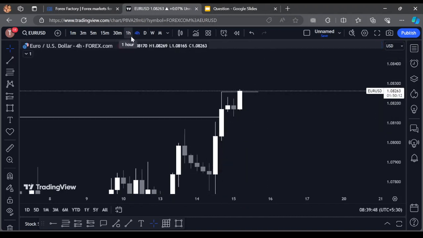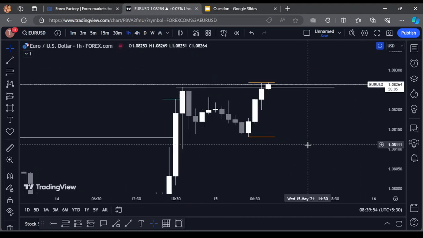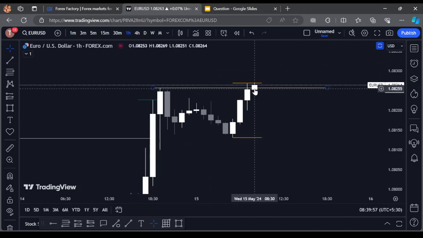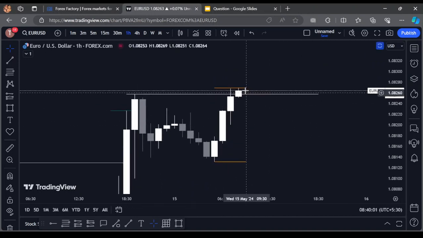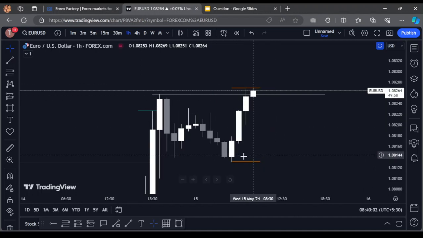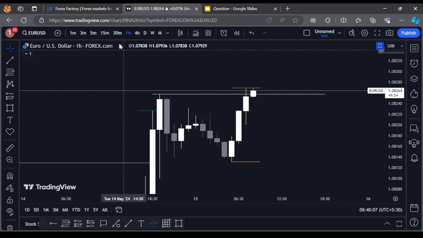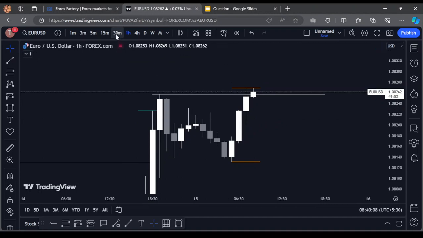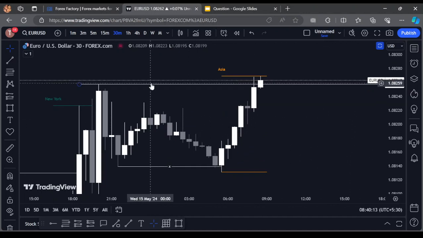Till now, I'll be bullish if the strong low is not broken. So let's move to the 1 hour now. In the 1 hour, we can see that the highs are being swept by the market. Most likely we are going to take the Asia high and then move in the downward direction towards these FVGs. So let's move to the 30 minutes for a precise picture of this FVG and this structure